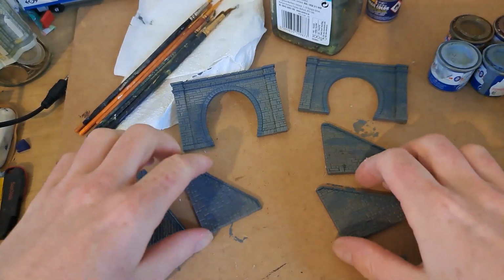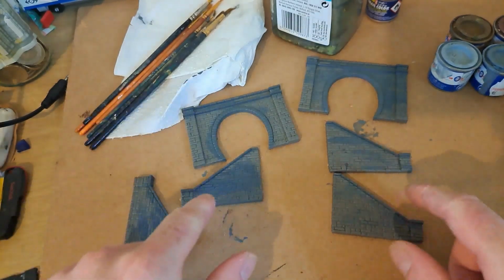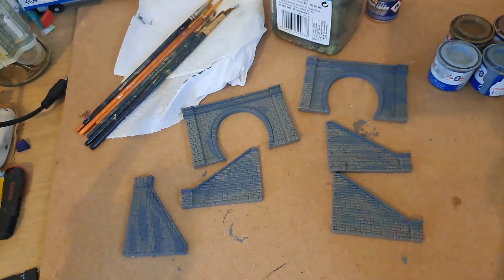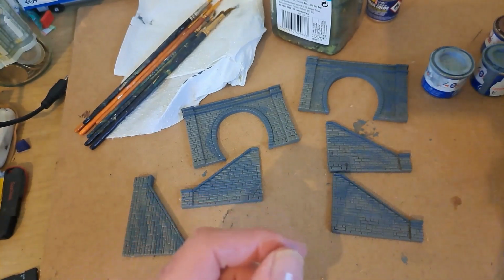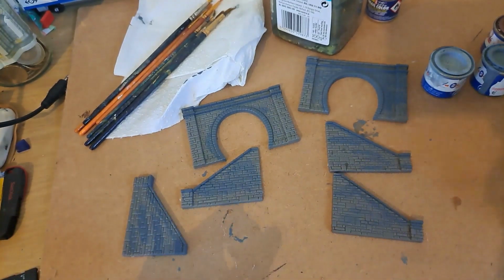Okay, so they look fairly dry now, and you can see they've got this sort of patchy bit where I've coloured over, and that's going to help blend in some different colours. So I'm going to start with this sort of brown shade of brown, obviously, and I get most of my